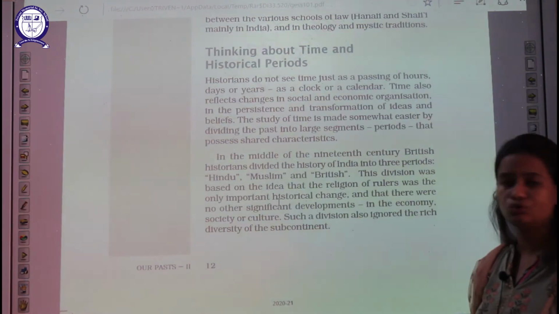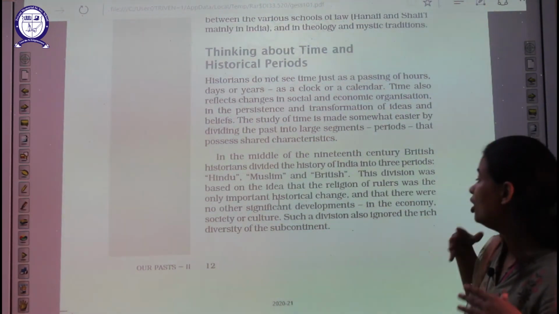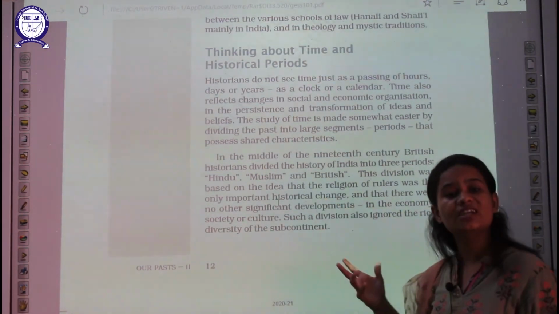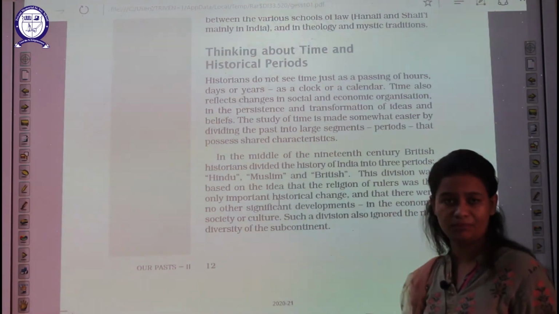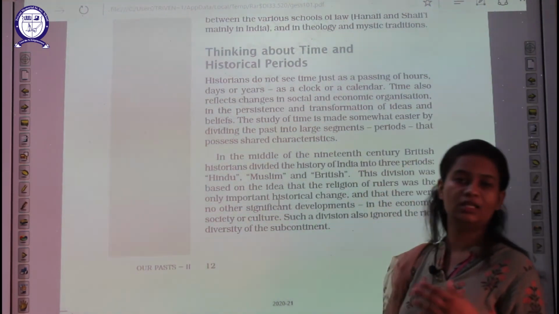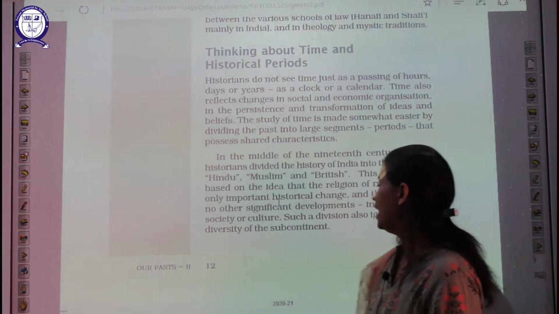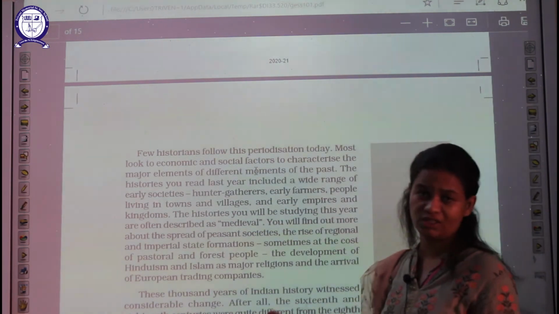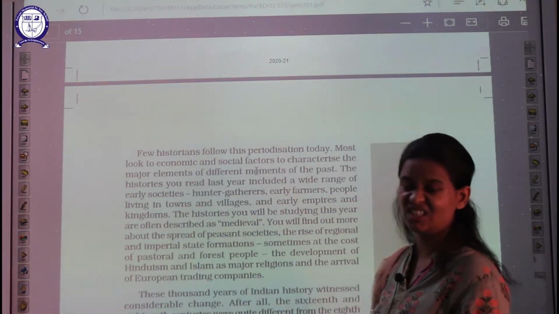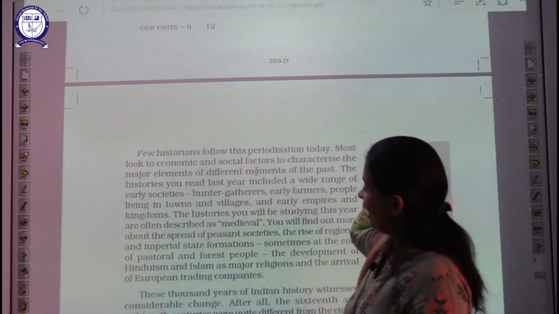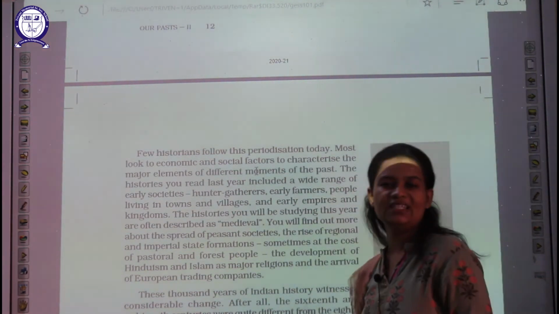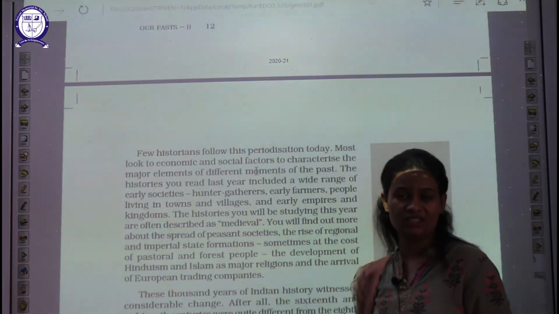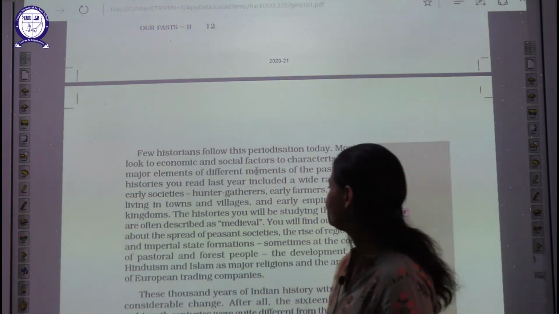So this is how they used to categorize time, they used to describe time, and these time periods only represent the various historical changes and how in all these three different time periods significant development in the society, in the culture and in the whole subcontinent took place, how diversity exists, everything got characterized on the basis of these three things. And I already told you that the periodization that we are doing today is very much different from the periodization that we used to do in the past.